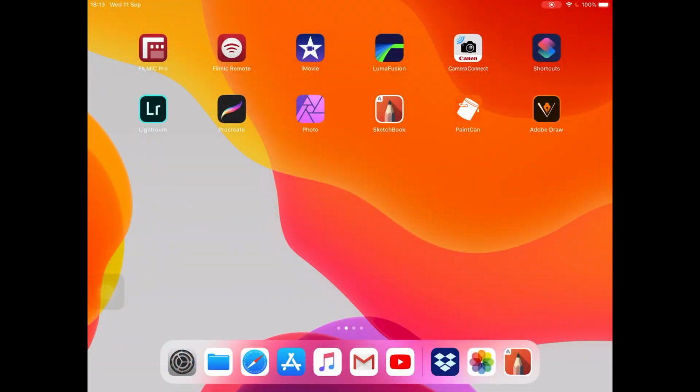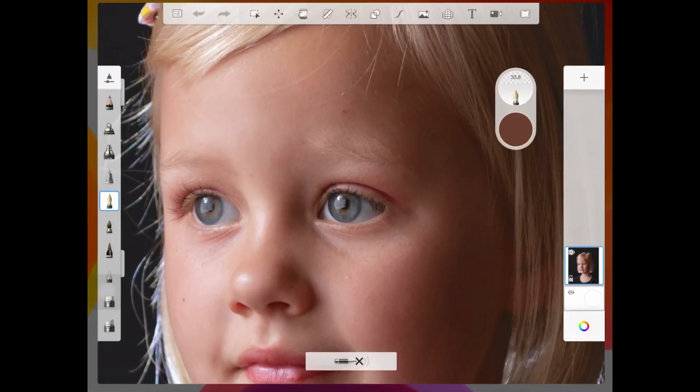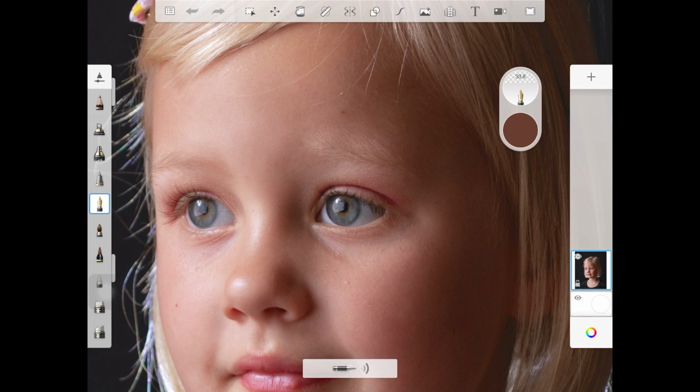Let's check it out. I want to look at 2 apps on the iPad. Sketchbook Pro, which is free, and Affinity Photo, which will cost you around about $500. Let's first look at Sketchbook Pro. Sketchbook Pro can help me with step 1 of the painting process, and that has to do with getting the